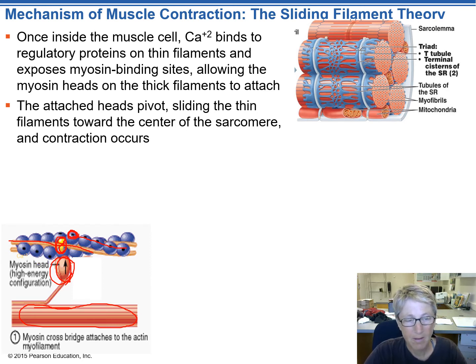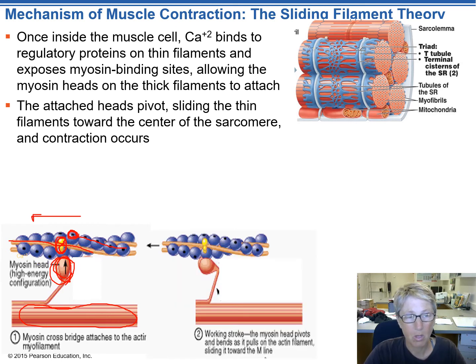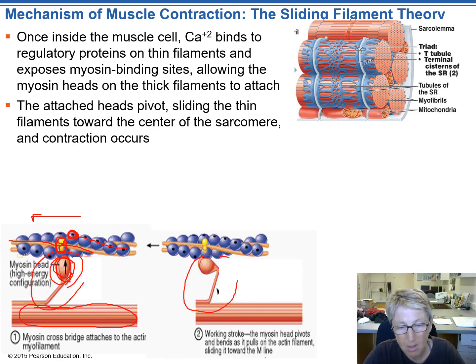Once the myosin heads are attached, they pivot, and they're going to slide the thin filament toward the center of the sarcomere. That's how you get the sarcomere shortened and you get contraction. This part, number 2, is the working stroke of the myosin head. The myosin head will pivot and bend. You can see how it's different: look at the myosin head here and look at the myosin head here. At this stage, the myosin head has pivoted and bent, and it pulls the actin filament toward the M